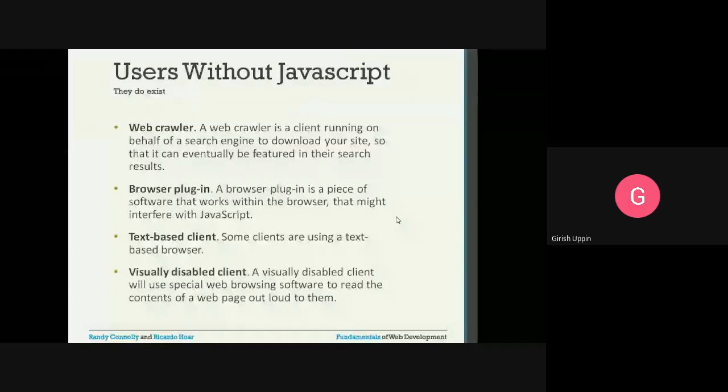Text-based client. Some clients are using a text-based browser. Visually disabled client. A visually disabled client will use special web browsing software to read the content of the web page out loud to them. So if somebody is visually disabled, we can have this client which will read out the content of the HTML document. That's why I told you accessibility of HTML documents is very, very important.